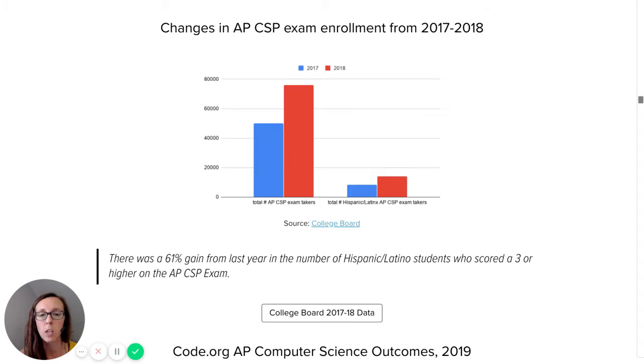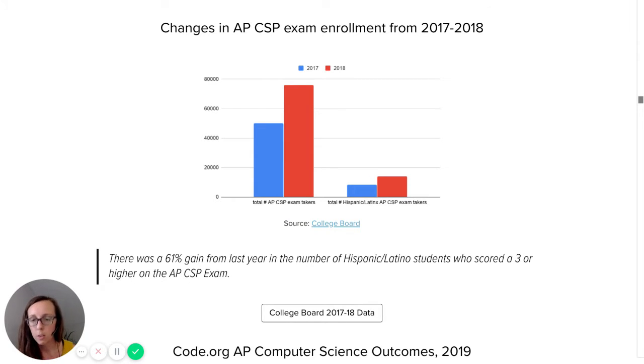CSP exam takers, we can see that there was also an increase, but certainly we can also see that the percentage or the representation of Hispanic Latinx students is still very small compared to the overall total. So just thinking about how we can do some really specific outreach to our English learners. And again, not saying that all Hispanic Latinx students are English learners by any means. This was just one data point that I was able to access through the demographics available through APCSP through the